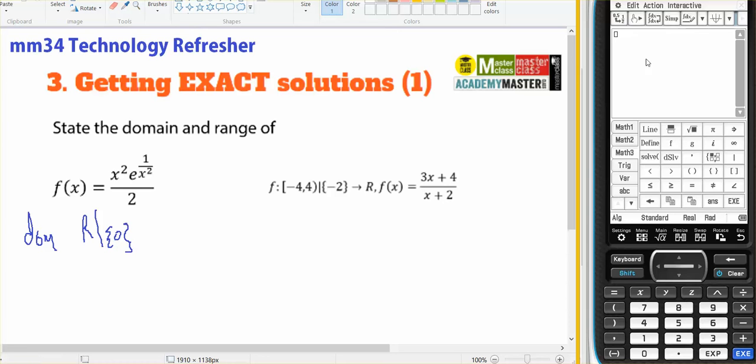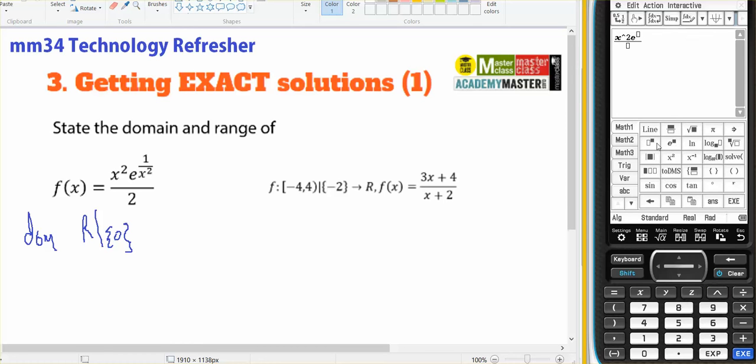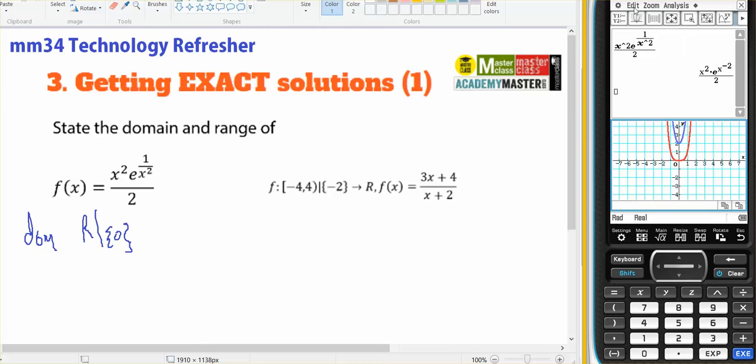I'm coming over here. So I need a fraction, and I need x squared, and then I need e, and I'll put a fraction in there, and I've got 1 at the top, and underneath I've got an x squared, and all of that's over 2. Press XE just to make sure it cleans up exactly as I would expect. It is. Open up a graphing window in the second half, edit, clear all, OK, and drag and drop, and